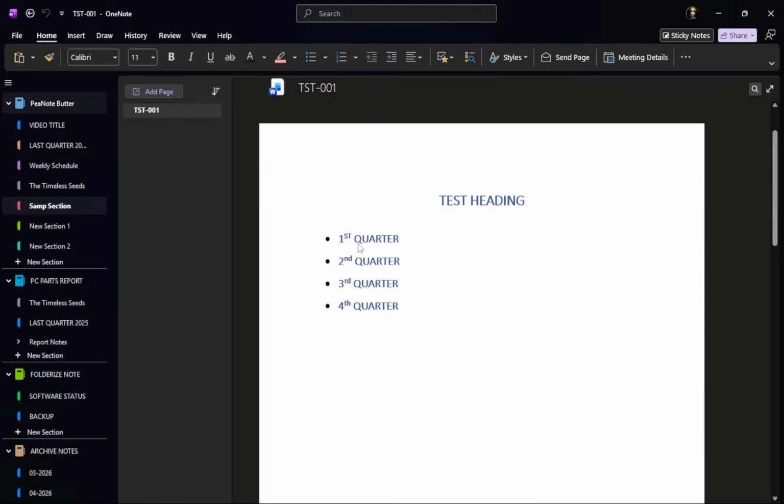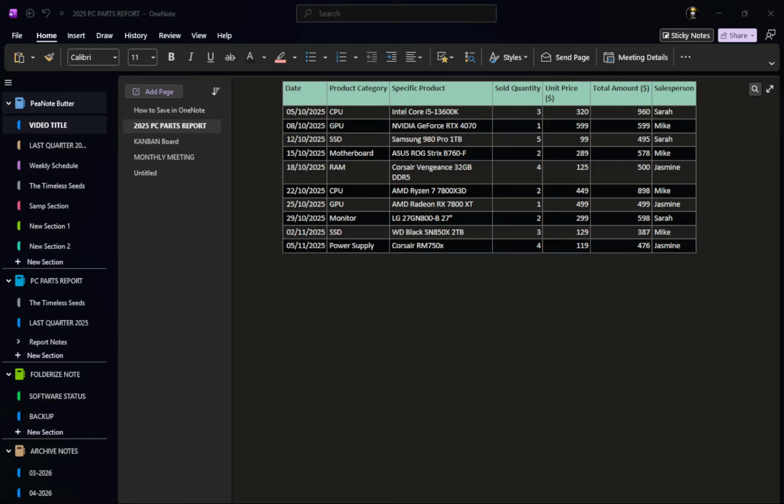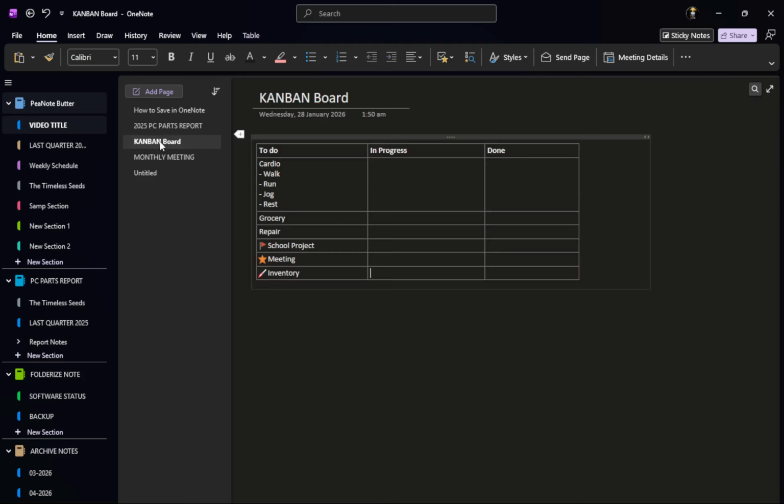Next, open the page where you want to add a checkbox. This could be a new page or an existing one that contains a list of tasks. You can navigate through your sections quickly to find the right page. Once you have selected the page, it will display all the content you've previously added. This is the space where your checkbox will help you manage tasks effectively, helping you stay organized and on track.